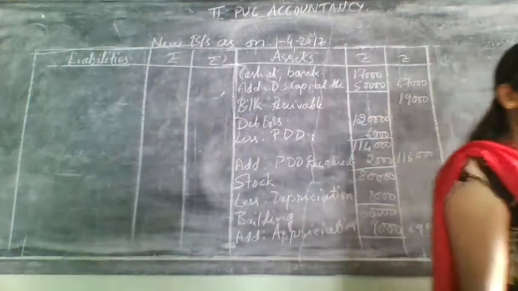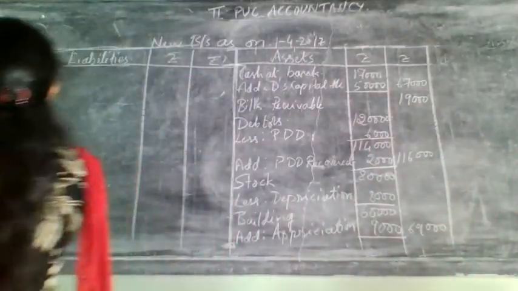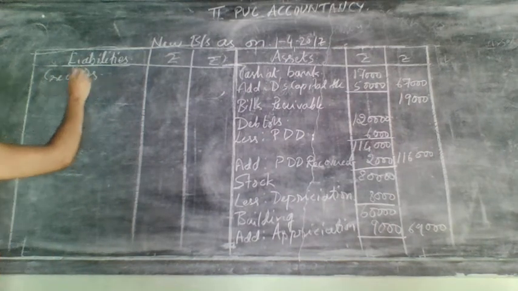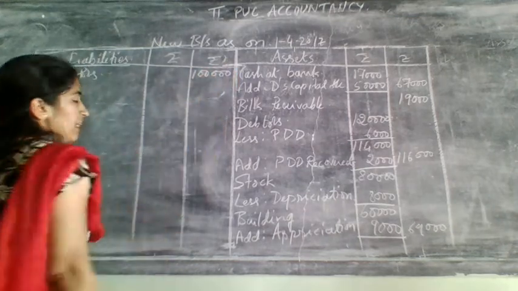So now all the assets they have given in the old balance sheet are over. Now let us move on to the liability side. On the liability side, what did they give? First they have given creditors. Usually creditors will not have an adjustment. So write that creditors amount directly in which column? Directly in the outer column, that is 1 lakh. Write it as it is.